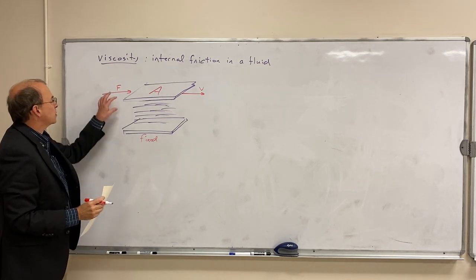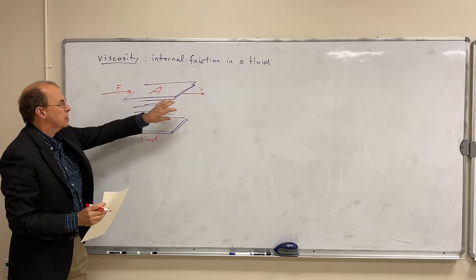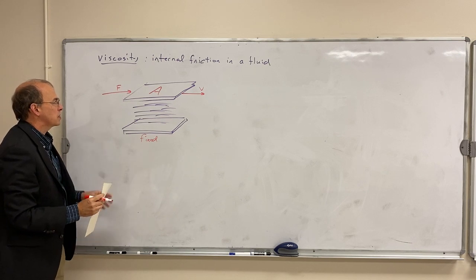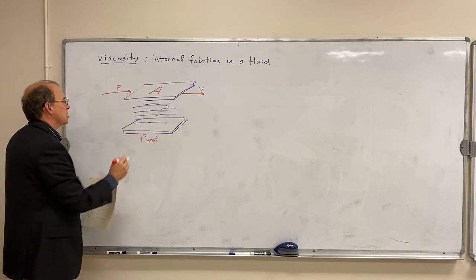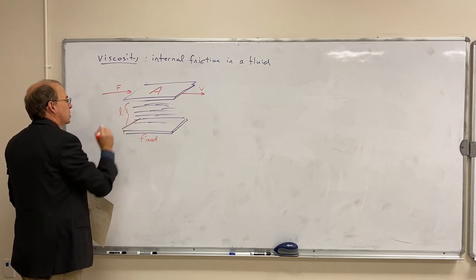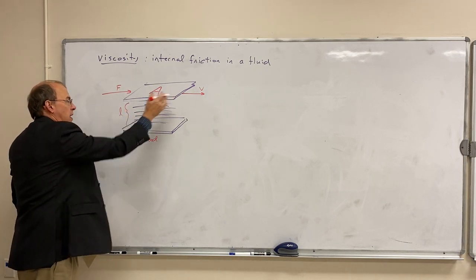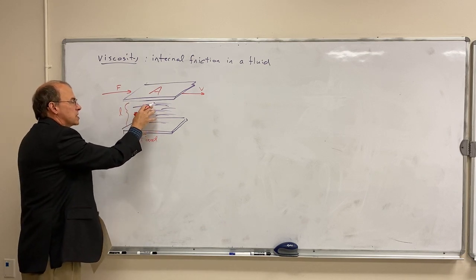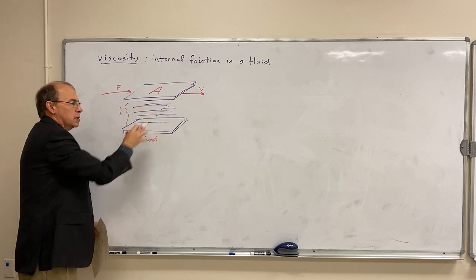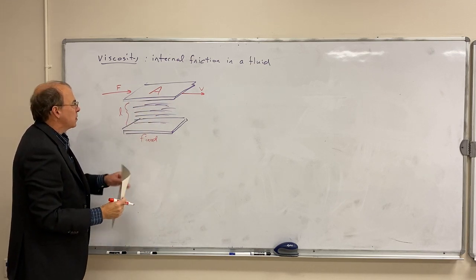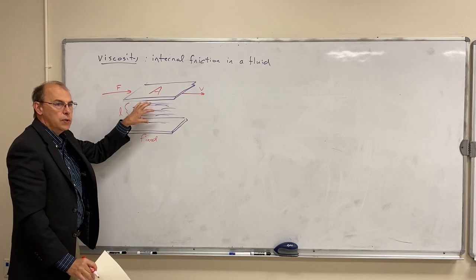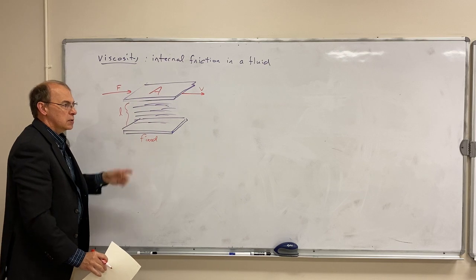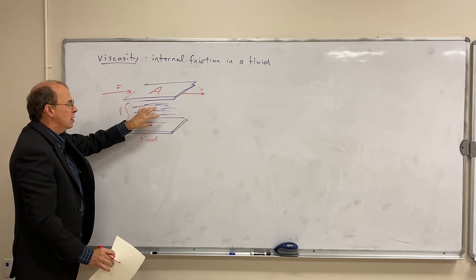And we want to characterize how hard we have to push to get this to move with this constant velocity, v. How hard we push depends on how big this plate is, how far apart these plates are, how fast it moves, and the viscosity, how much friction there is in the fluid. If this fluid is honey, this is going to be very hard to do. If it's water, it's probably going to be very easy. If it's oil, it's going to be very easy. So it depends on what the fluid is,